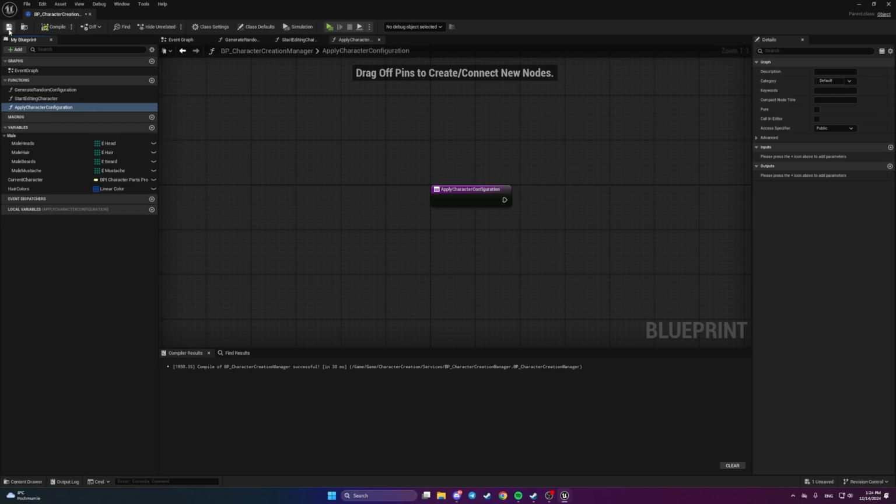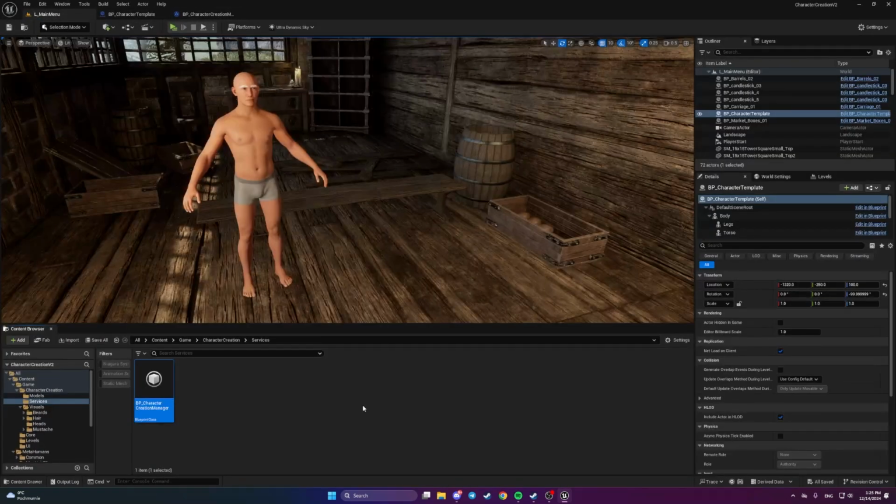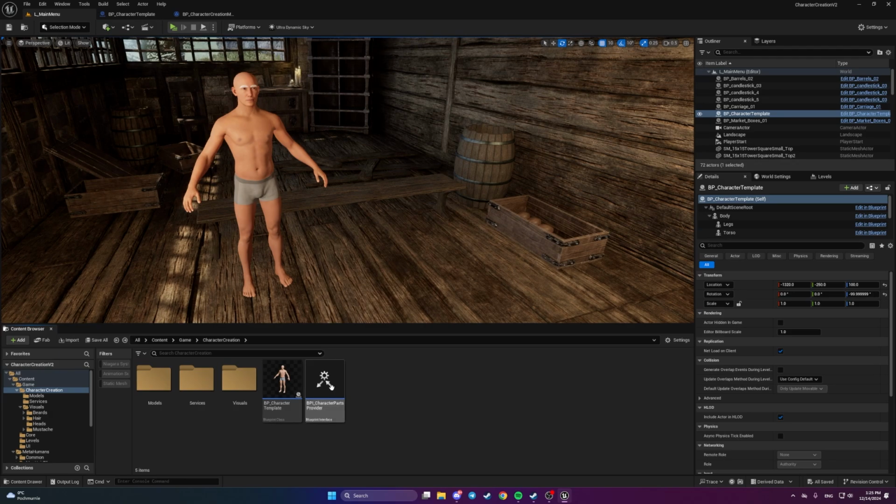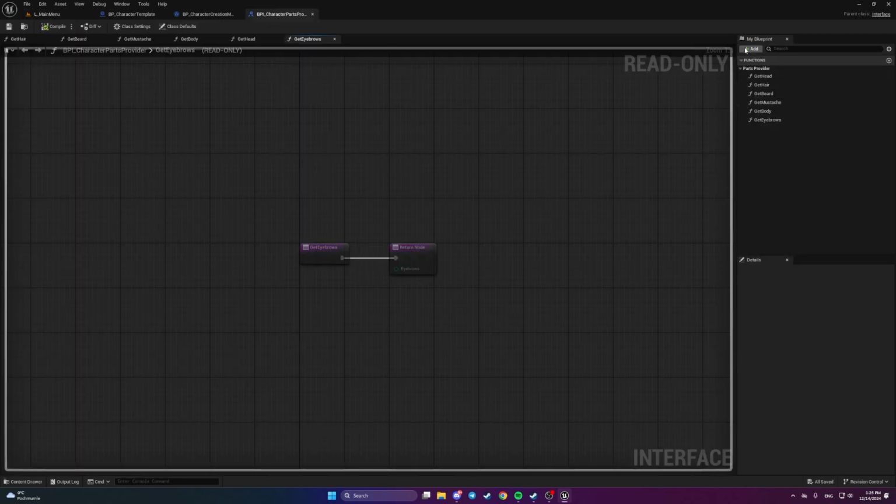What this function is going to do is get the character, get its configuration, and apply it. So it will change the actual groom, actual skin color, hair color, and etc. But to do that, we need to open our blueprint interface and add the function